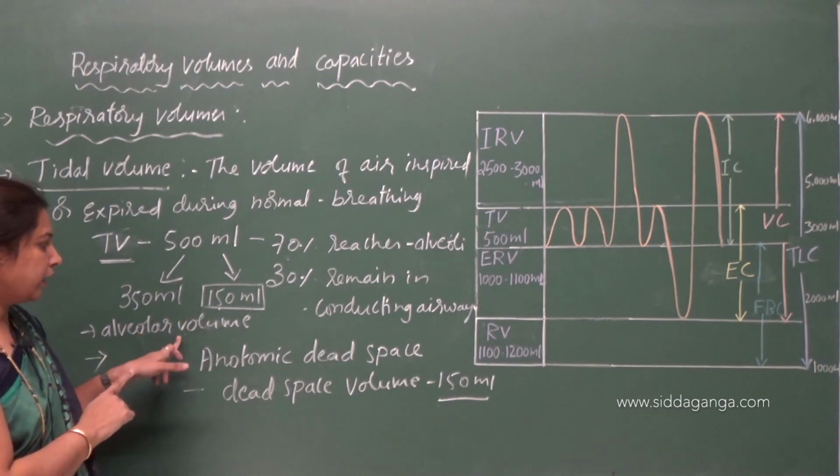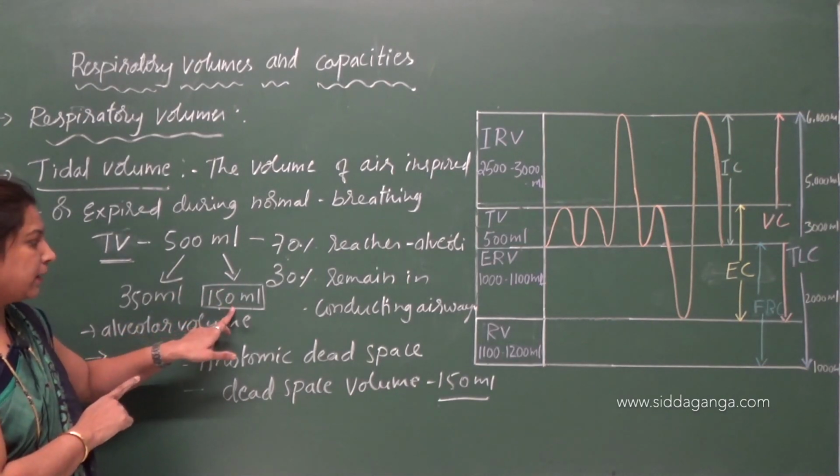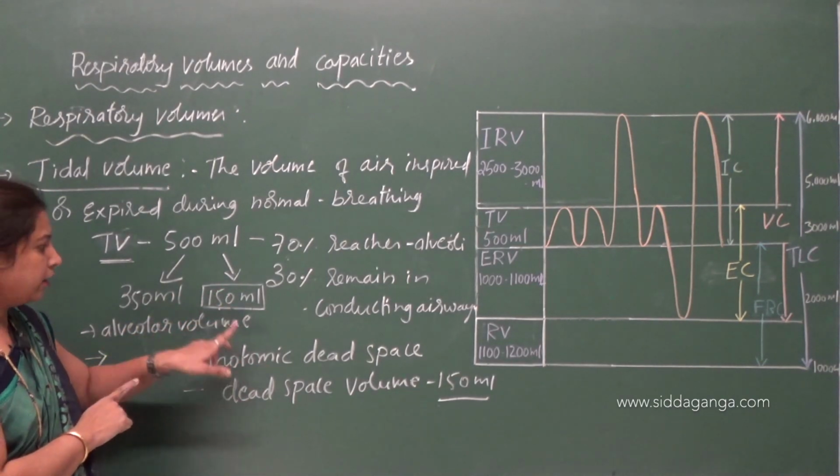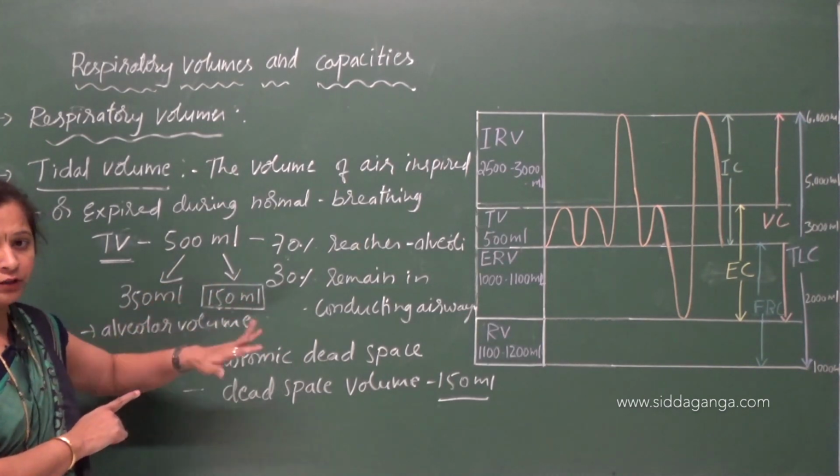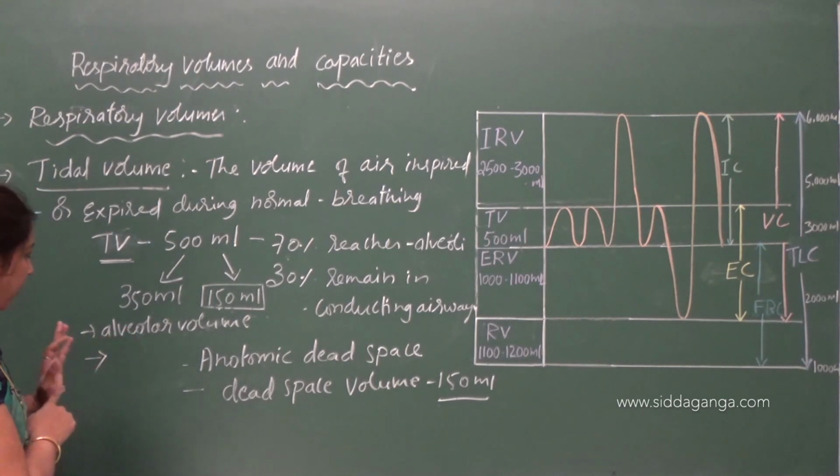350 ml. Okay, and what is the dead space volume? What is anatomic dead space? And what is the dead space volume? It is 150 ml. So you have to remember all these points. Okay, now,